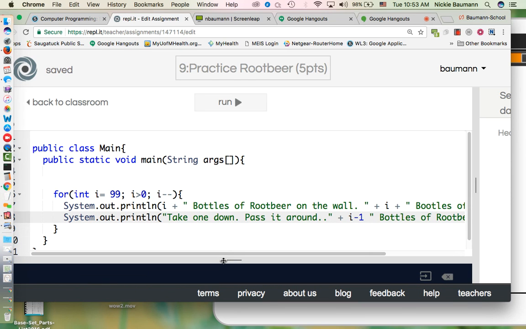So again, we have our for loop, starts at 99, checks to see if it's greater than 0. If it is, it'll keep subtracting, and as it does, it goes through this loop. So it starts out with 99 bottles of root beer on the wall, 99 bottles of root beer. You take one down, pass it around, and then this I minus 1 is now going to be 98 bottles of root beer on the wall. And once that last system print line is done, it's going to go back up to the beginning of the loop, and now I is going to be 98 because we subtracted 1